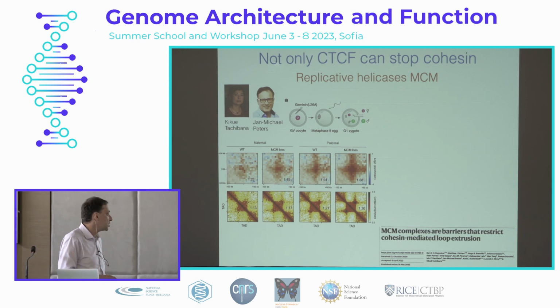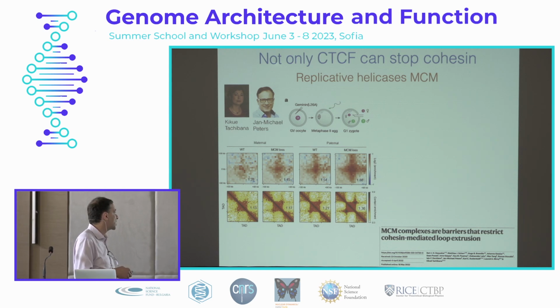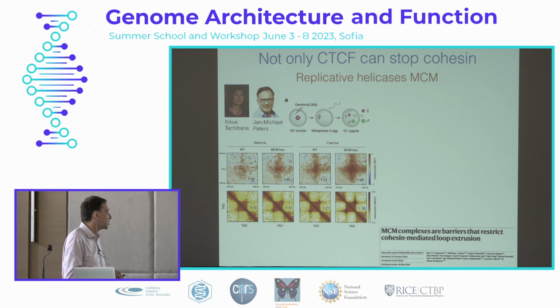For example, an interesting study that came out last year, again in collaboration with Jan Michael Peters and Kikue Tachibana, was a study of replicative helicases, MCM proteins. These are parts of the replicative machinery that are present on DNA in G1. It's not entirely known what they're doing there because it's way before replication. Nevertheless, what Kikue Tachibana's lab has demonstrated is that